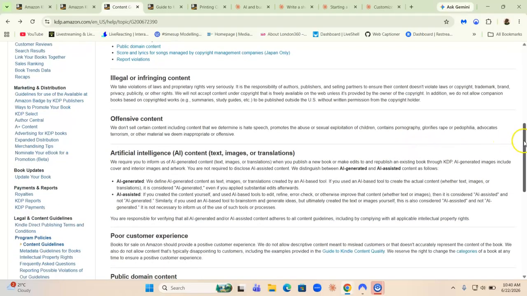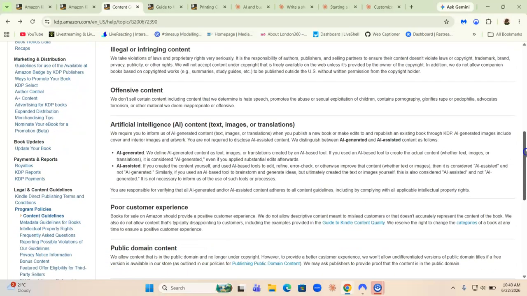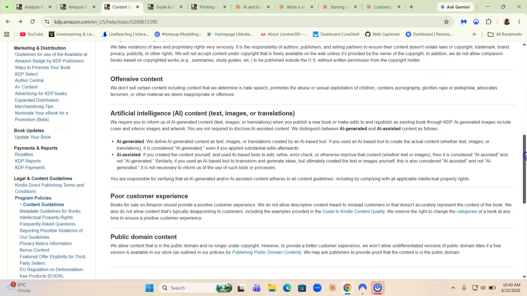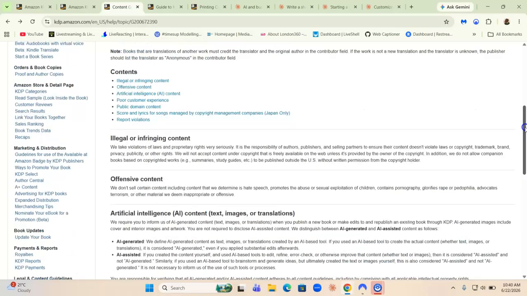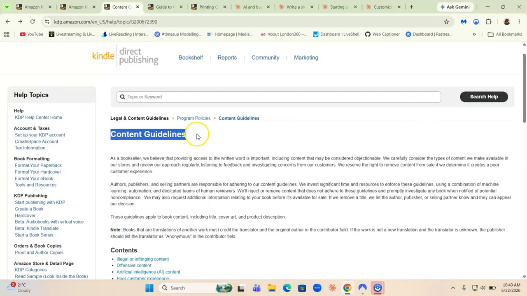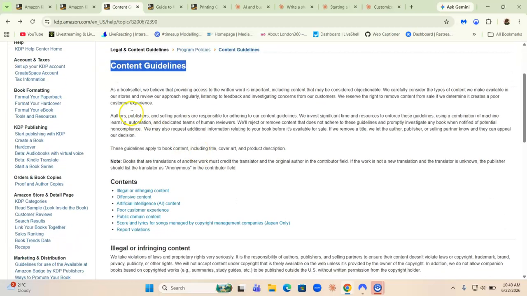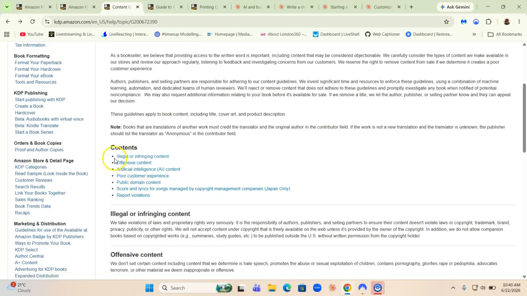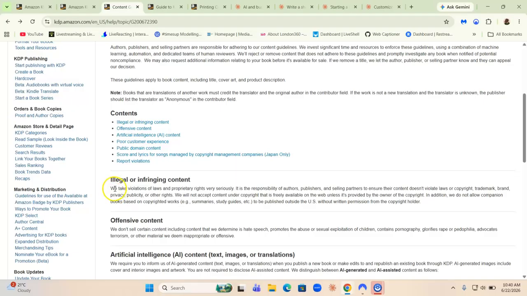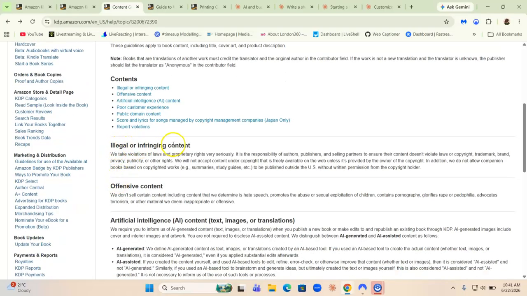So this is a very important process that a lot of people miss. If you're watching this and you're still here, then you're on the right path, on the right track. Because you can use ChatGPT or Gemini to write a book, but if that book doesn't adhere to Amazon's content guidelines, then your book is going to get rejected all the time, because Amazon is telling you that you have to make sure your book is not illegal. Here we go, let me just read this. Illegal infringing content. We take violation of laws and proprietary rights very seriously. It is the responsibility of authors, publishers,